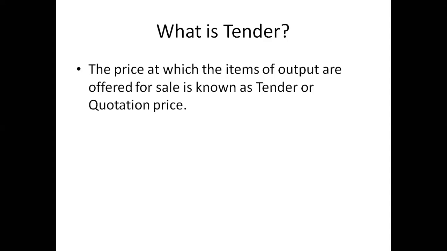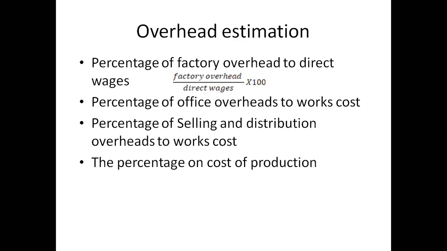So the various cost elements: prime cost. To the prime cost you have to add factory expenditure, then office and administration overhead expenditures, and then selling and distribution overheads. At the end you get some price. With that price you add some profit, and then you get the estimated price for the product. That is called tender.